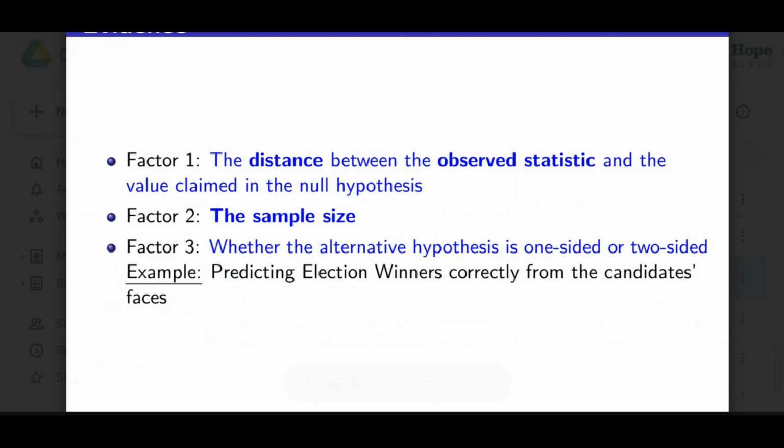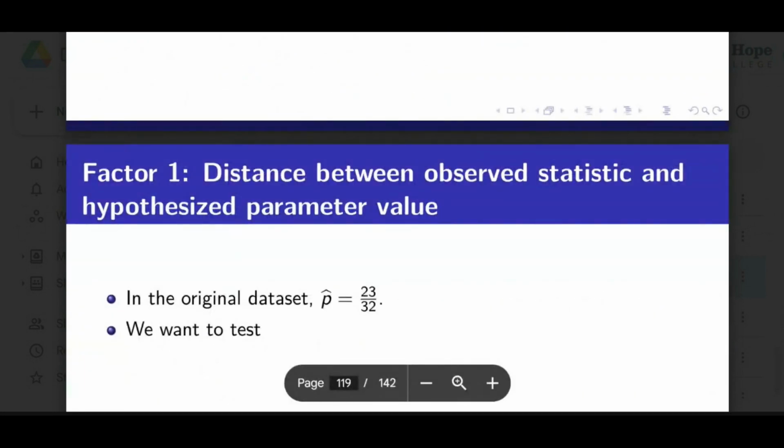So I have generated an example to teach you these 3 factors. Predicting election winners correctly from candidates' faces. So I'll tell you what happened. In the US, roughly 32 Senate seats go up for election every 2-year cycle. We don't have time to talk about these things, but